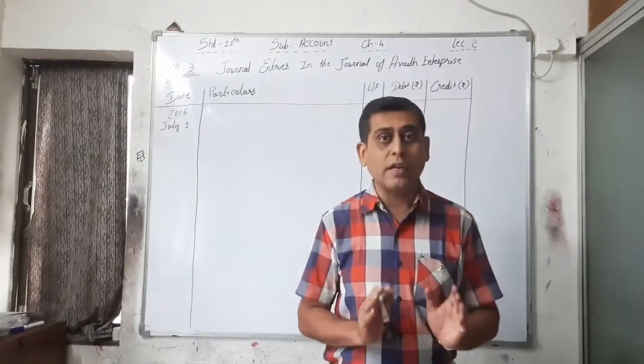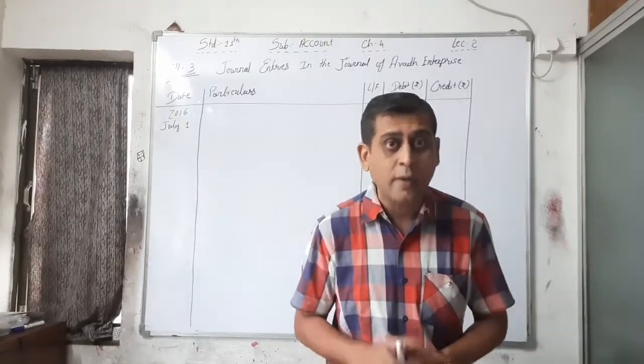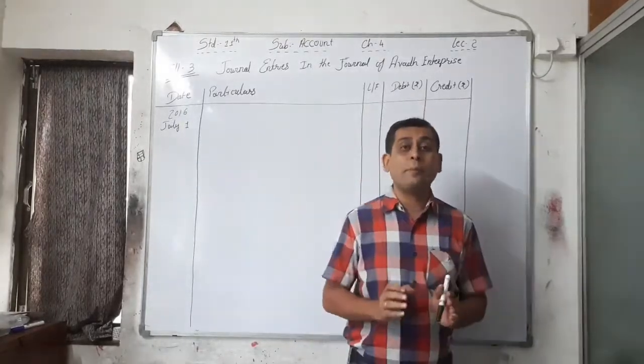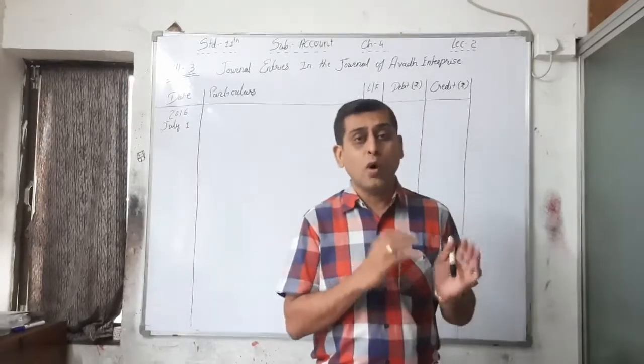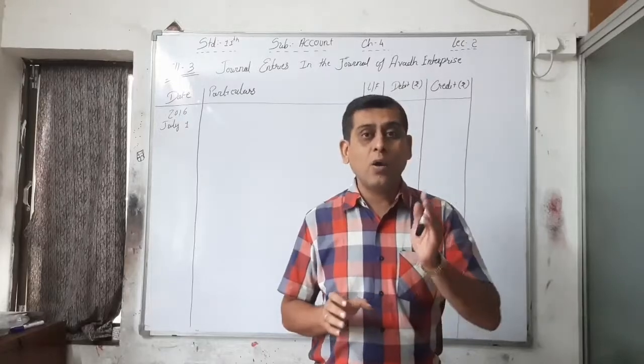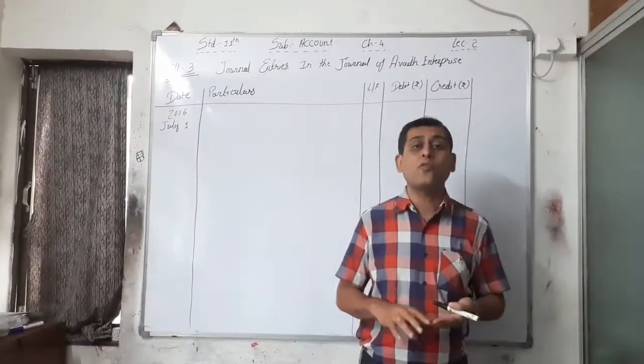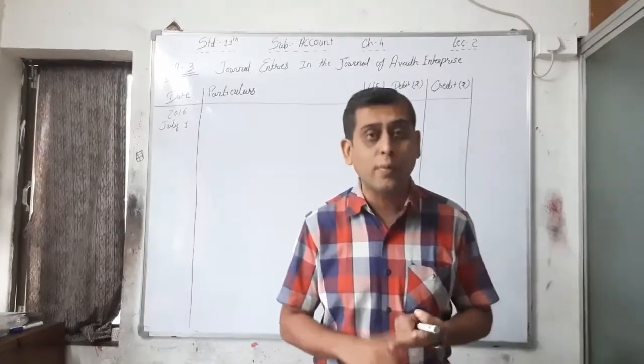So the journal entry is cash comes into the business, that's why cash account is debited, and here the capital, that means whatever is brought by the owner, that is capital account, and here I hope you all know, or I hope you all remember the rules of personal account, real account and nominal account.